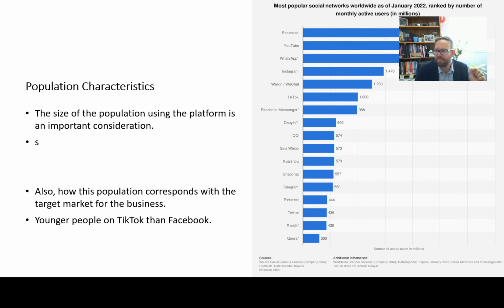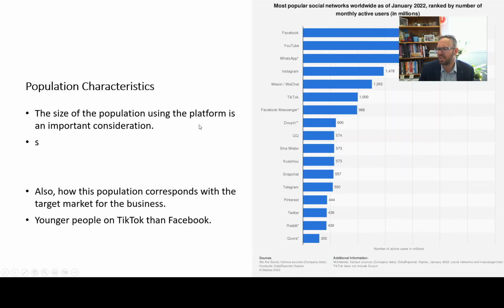So here we've got the most popular social networks worldwide, as generated by the number of monthly users. This is similar to the previous one that I've shown, just from a different source. This is from Hootsuite, which is a large social media company that provides social media management tools to people like us, like marketers, right? We're going to talk about scheduling of posts later, but basically you can use it to manage all your social media through all different apps.